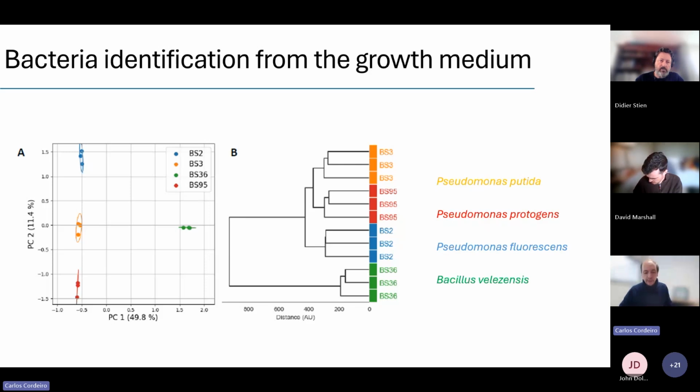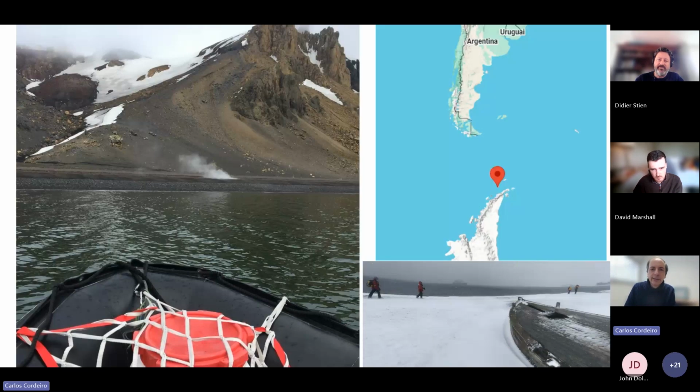Actually, I don't go there. I work with biologists and other people that go to Antarctica. And this is a view of Deception Island, I would say a most fortunate or unfortunate name to choose for an island. So this is a very remote area of the planet.